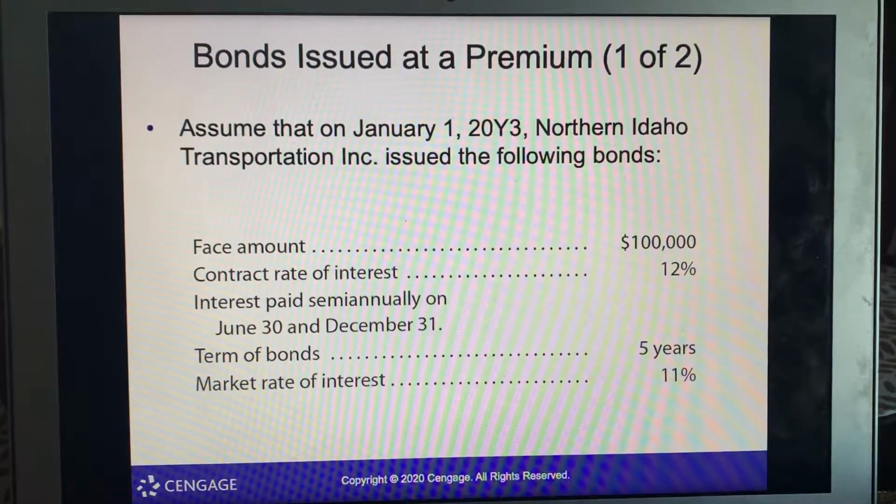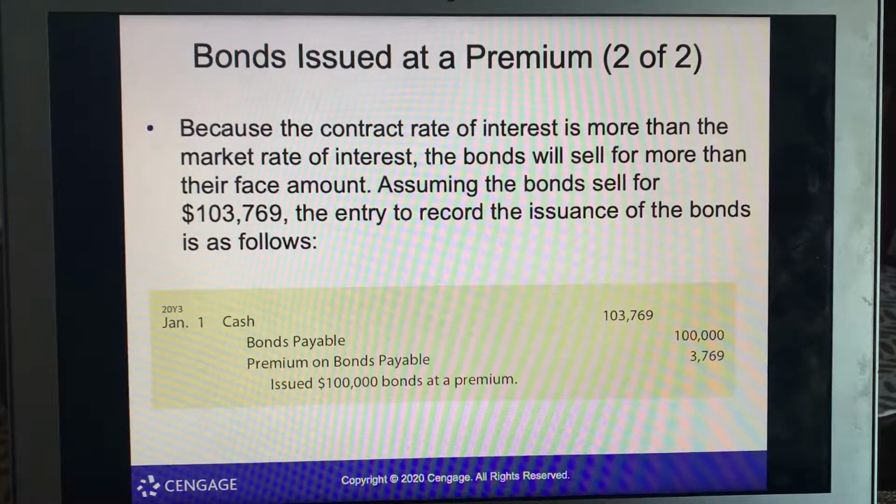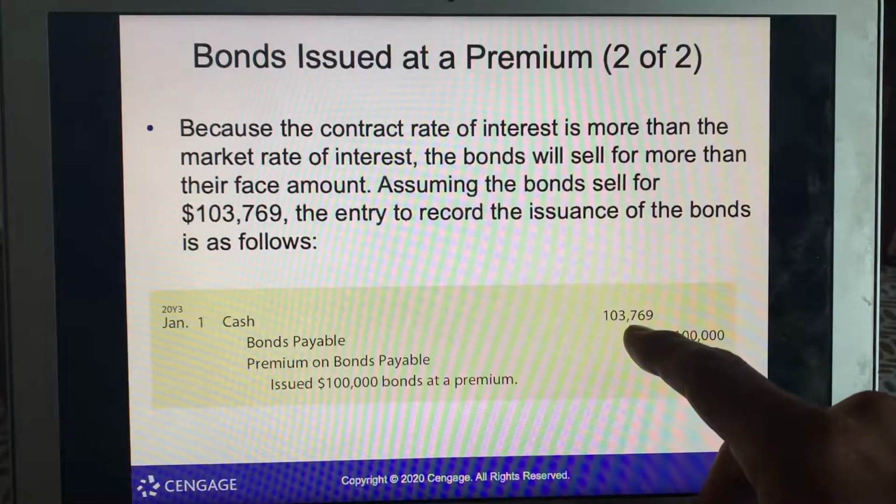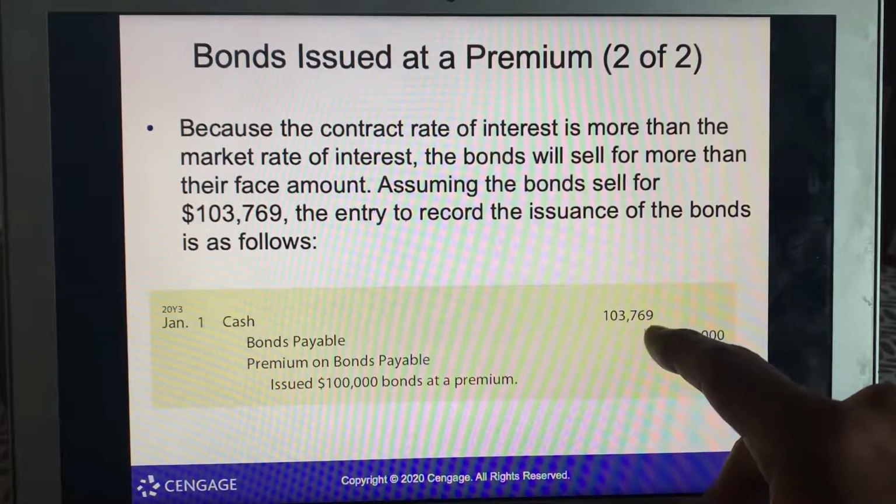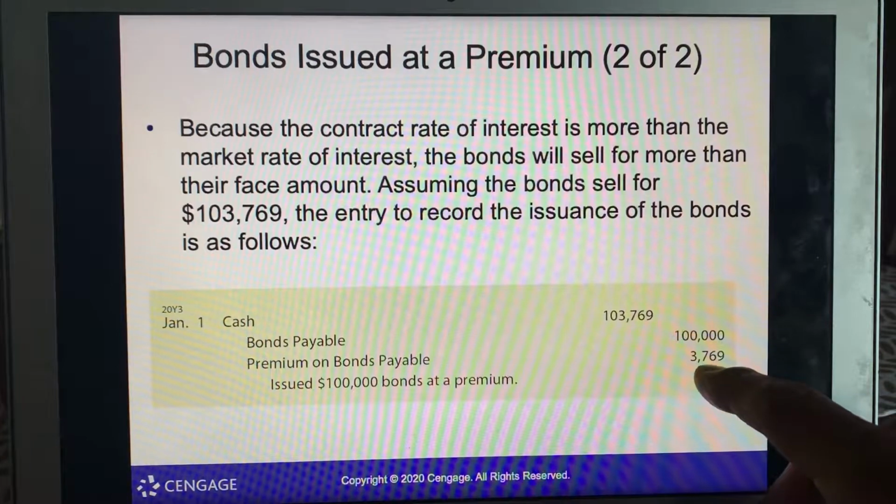Bonds issued at a premium. So this is over the amount of the face value. So 100,000, 12% 5-year, and the market rate of interest is 11%. So we're going to get cash of $103,769, and then we're going to say premium on bonds payable